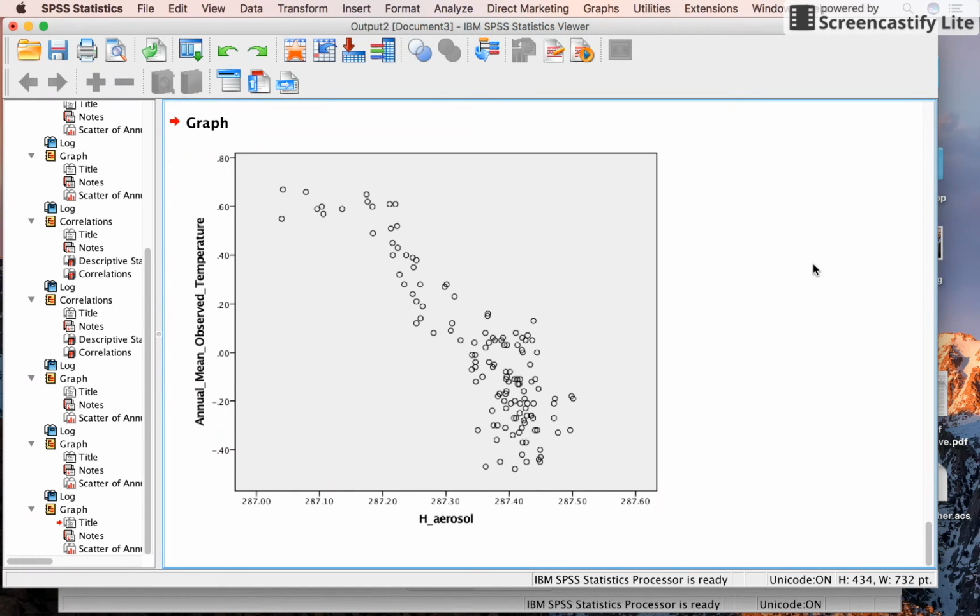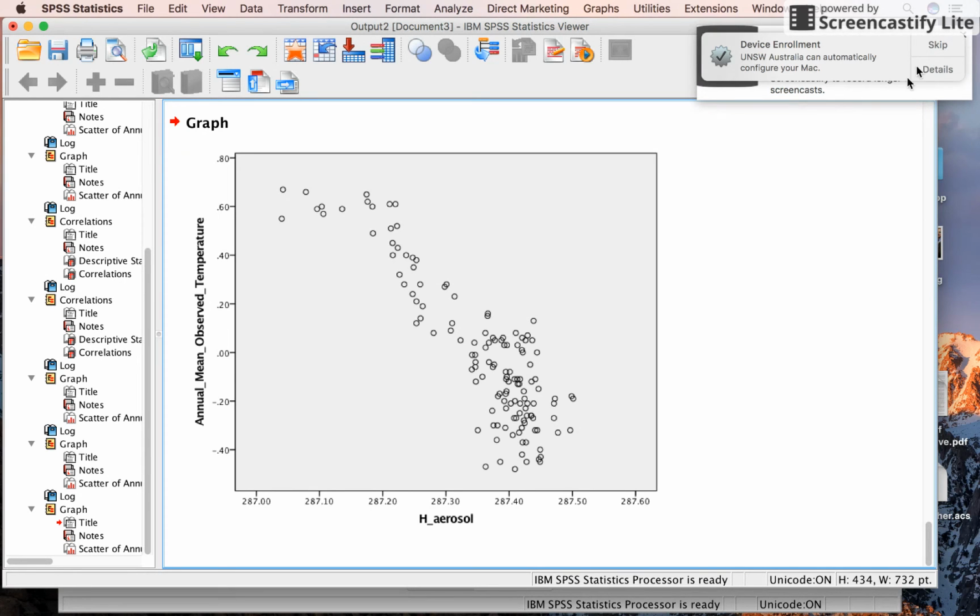This is one of those situations where you have to be careful about interpreting correlations as causing anything, right? So we can't necessarily say that getting rid of aerosols has made the world warm, because there is, in all likelihood, a third variable that